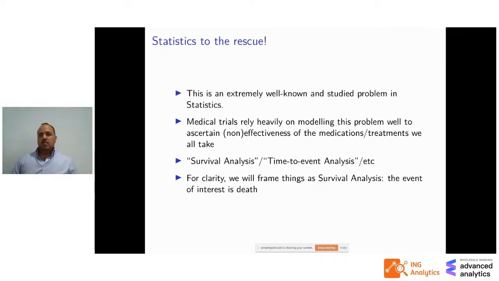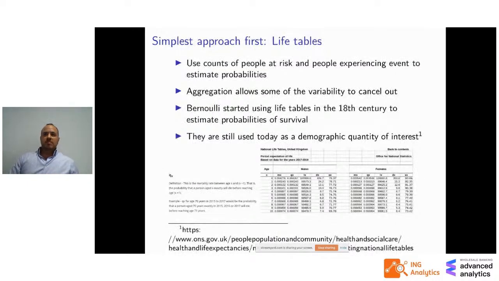And just for clarity, I'll frame everything from here on where the event of interest is death, right? I have no medical background, I'm not an epidemiologist, do not read anything medical into this. This is purely a toy problem, so you can see how you could apply it to the case that you're interested in, okay? So the simplest thing you can possibly do is to use life tables, where you literally